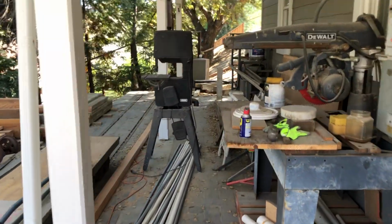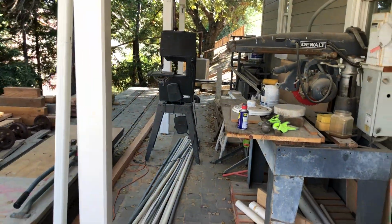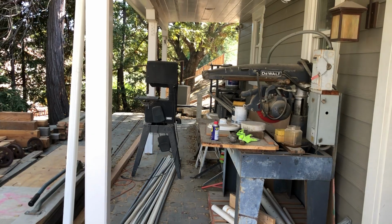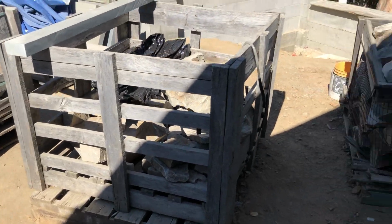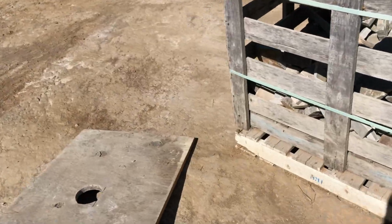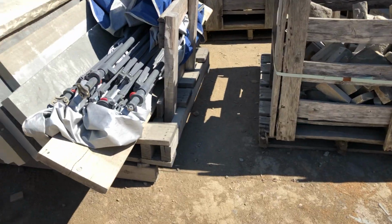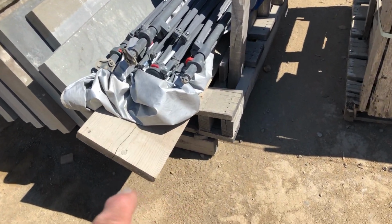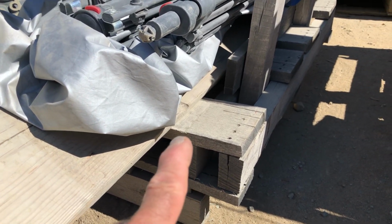The bandsaw is out because I have been working on the last couple of days, well, starting yesterday, I'm starting to build the base for my middle-sized cannon, and the stone pallets that look, let's see if I can find one. Yeah, it's kind of hard to see here. One moment. Yeah, these heavy-duty pallets that are right here that hold this 5,000 pounds of stone,